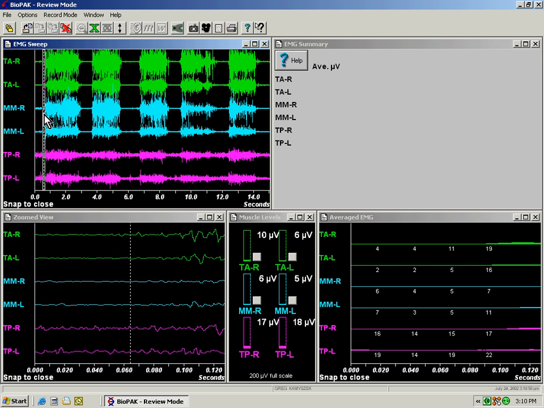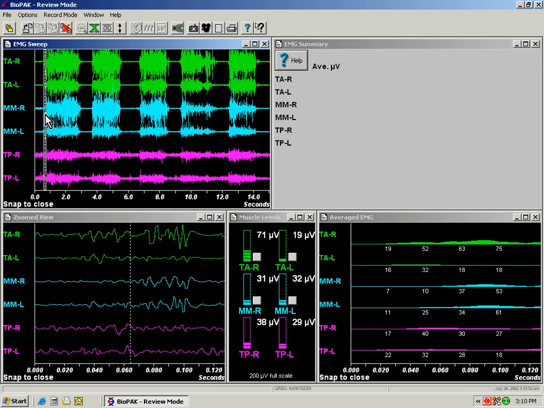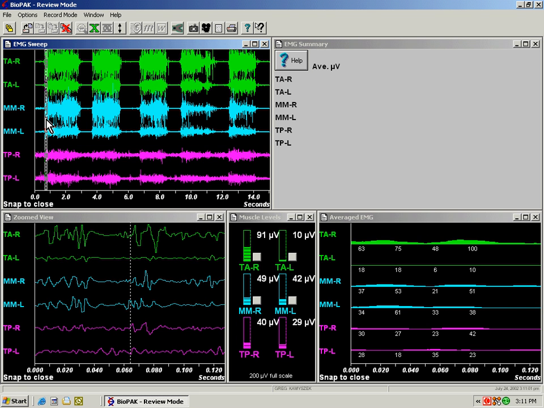So what we're going to do is take this vertical cursor and slide it to the right by left clicking on the cursor, and you can see the muscles begin firing to close the jaw. And as I move this over to the right, you can see right there the muscle shut off. That means the teeth hit right here, and the nociceptive response shut off the temporalis and masseters for a short